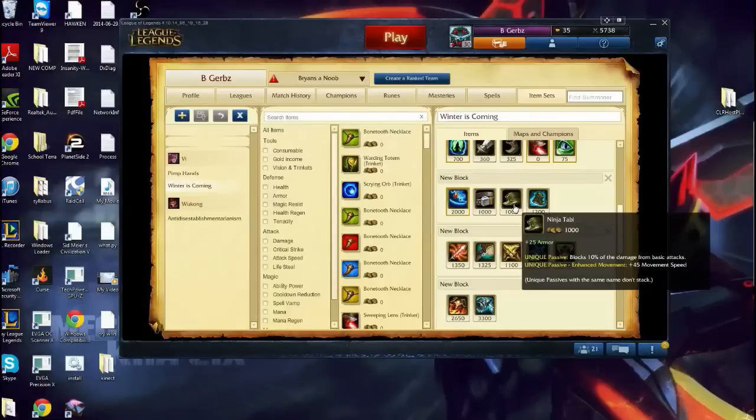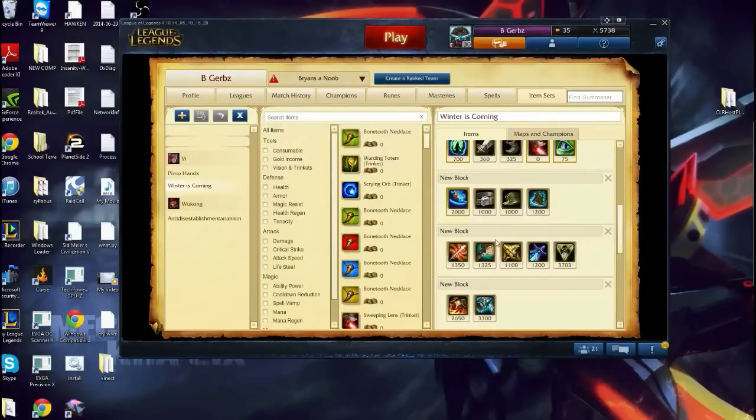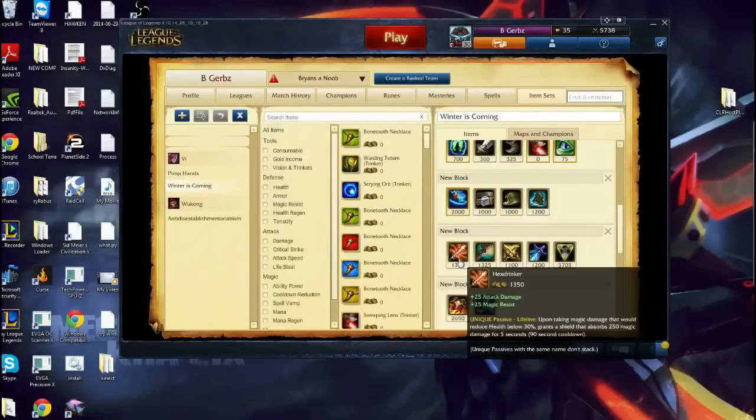Ninja Tabi I usually only go if they have like no AP at all. And then there's always the Merc Treads, which is always a good idea. After that, if they have plenty of AP on their team, it might be a good idea to get Hexdrinker. If not, I usually get a Phage,